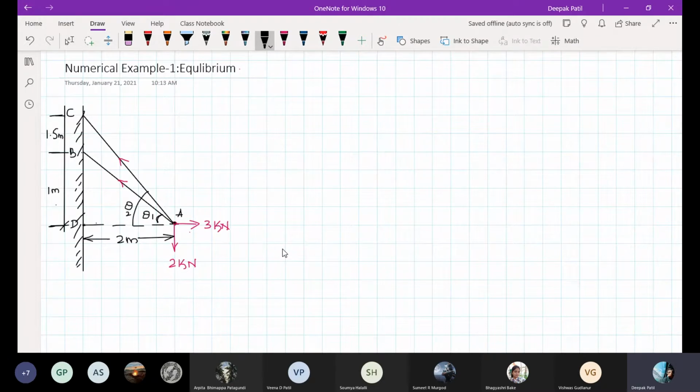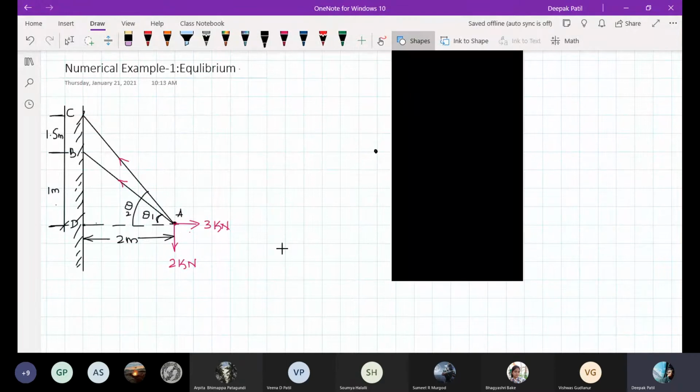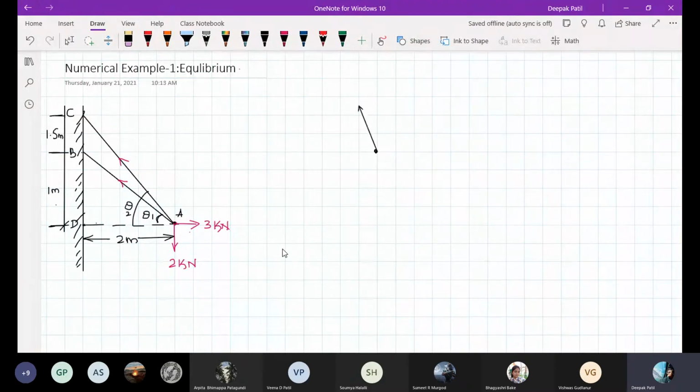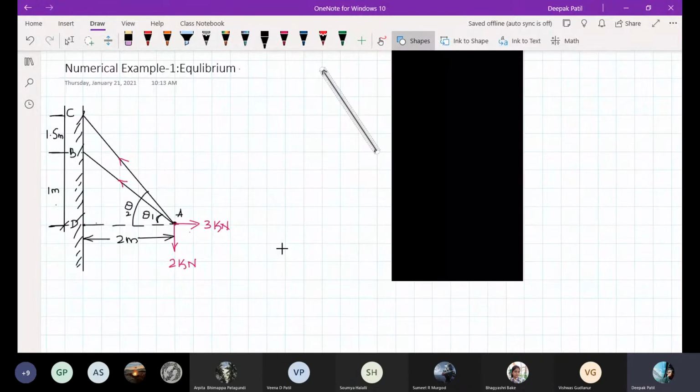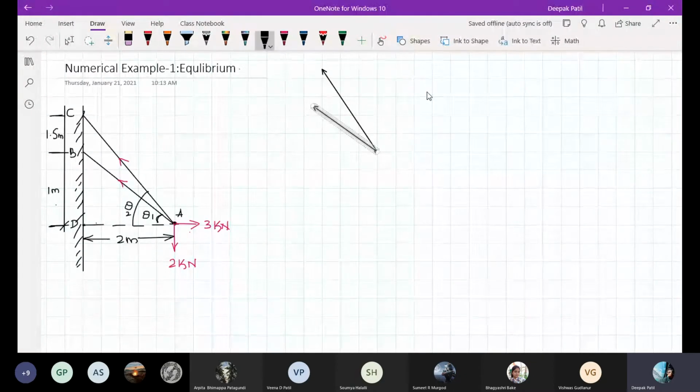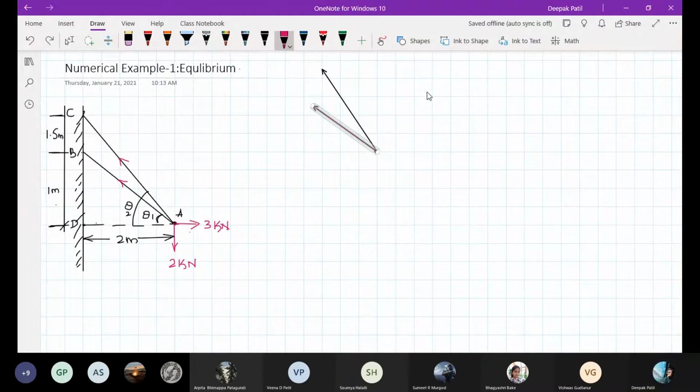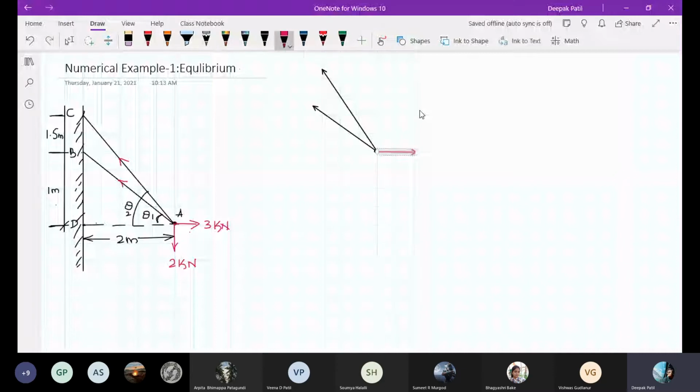So when you know that you can't apply Lami's theorem, you have to go for equilibrium equations. First let me draw point A and draw whatever forces are acting at that point. So this is my point A. Let me draw the forces. One force is in this direction and the other force is a little bit downward in this direction, and then the given forces. Let me draw them also in the same color.